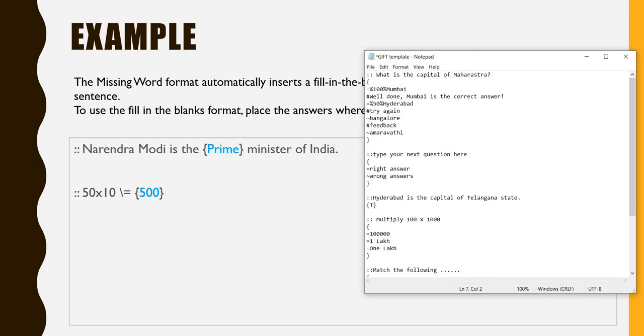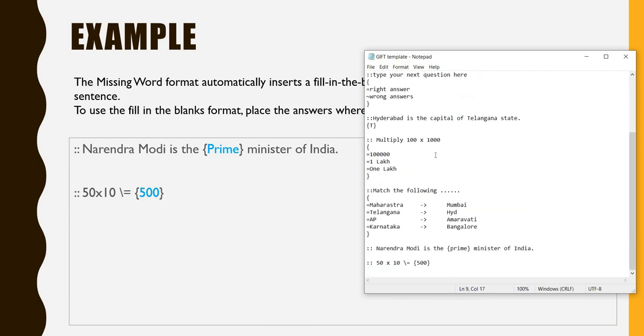Here what I do, percentage minus 25%, percentage close. Even if somebody answers Amravati, he should be given minus 25% weightage. So just again percentage minus 25% close. So this will consider those as different negative responses likewise.